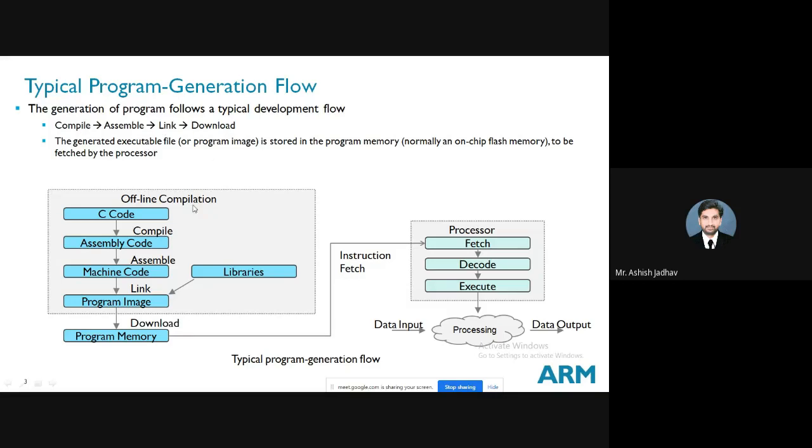If you see this diagram, this is an end to end diagram. End to end diagram means whenever you are writing a program, you are following these steps till you put it onto the processor and it starts functioning.